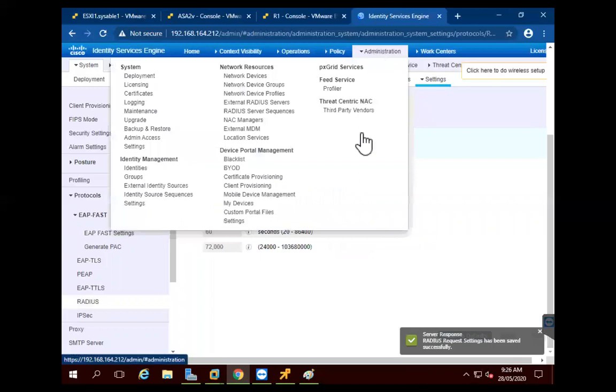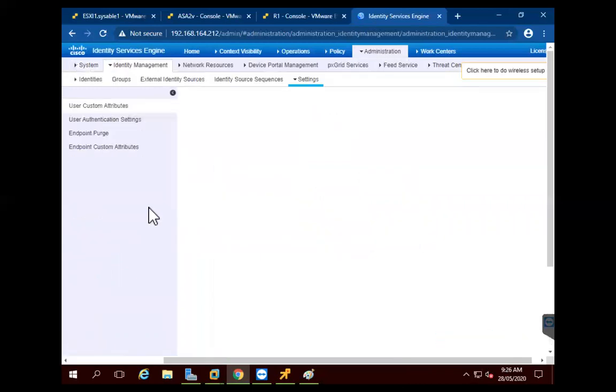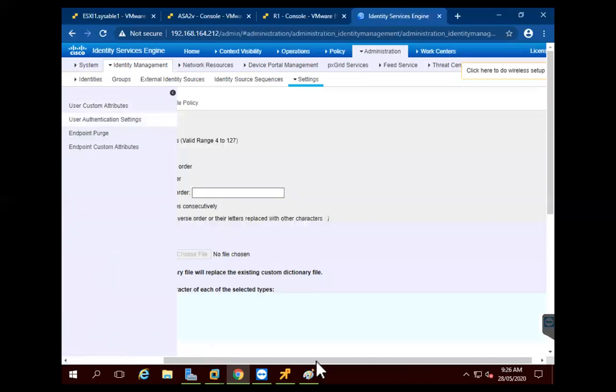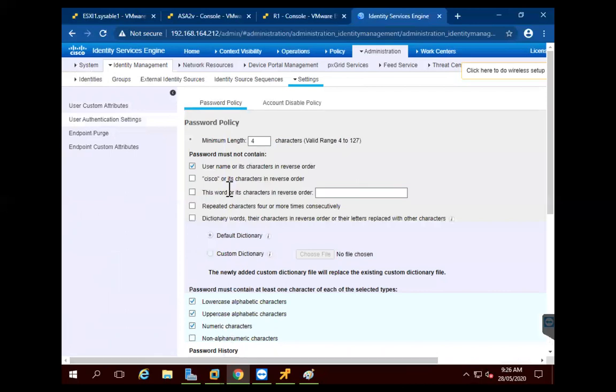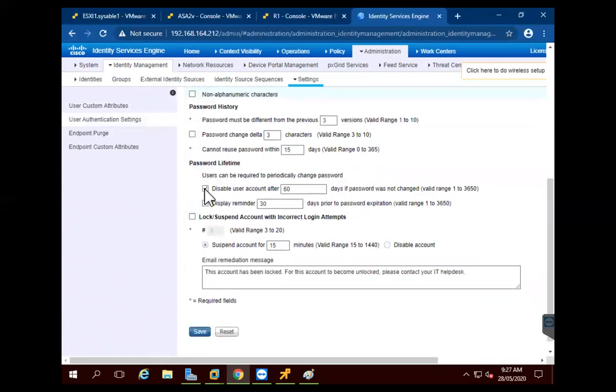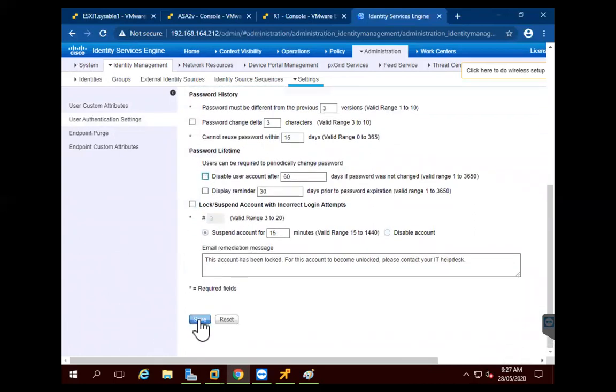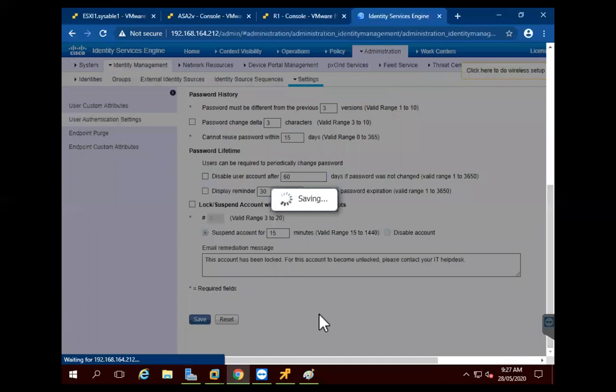So next we will go to Identity Management and Settings. And in user authentication settings, in the password policy, I will remove everything again for the user also. Before I have removed for the admin, now I have removed for the user.